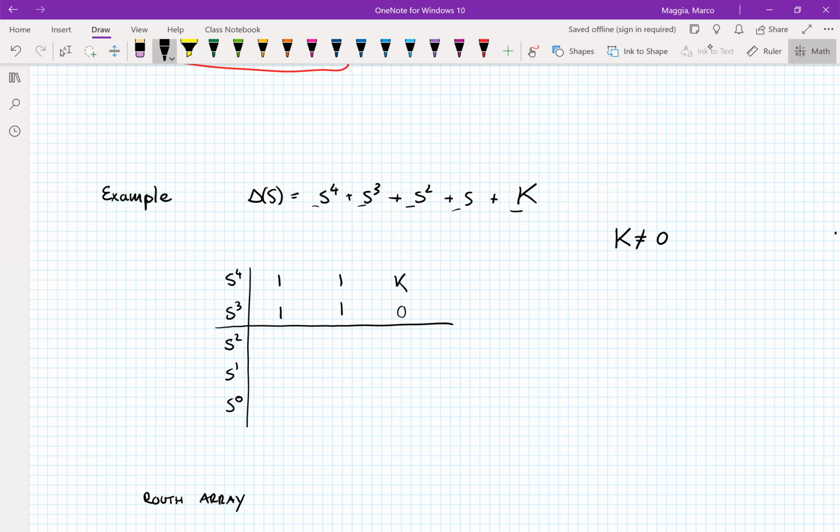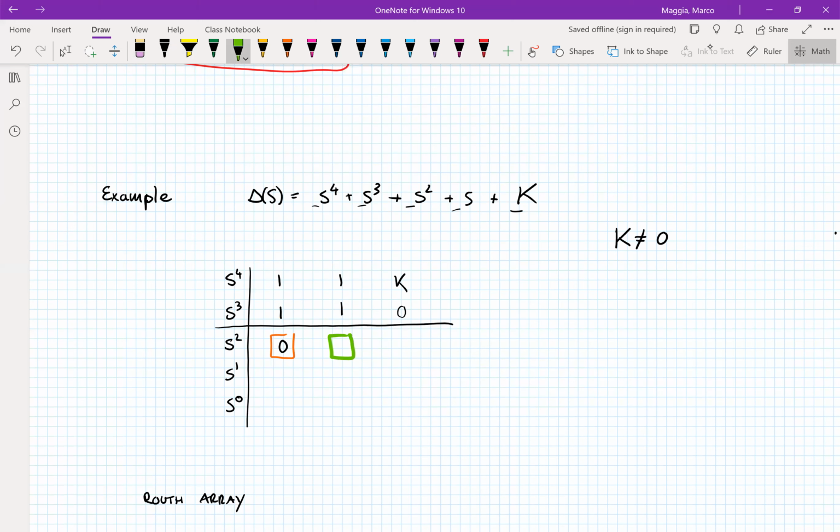So starting from this term, of these 4 coefficients, it is pretty easy to see that we have 1 minus 1 divided by 1, so we have 0. Let's replace it right away with epsilon. Well, before doing that, let's check that the other elements of the same row are not all 0.